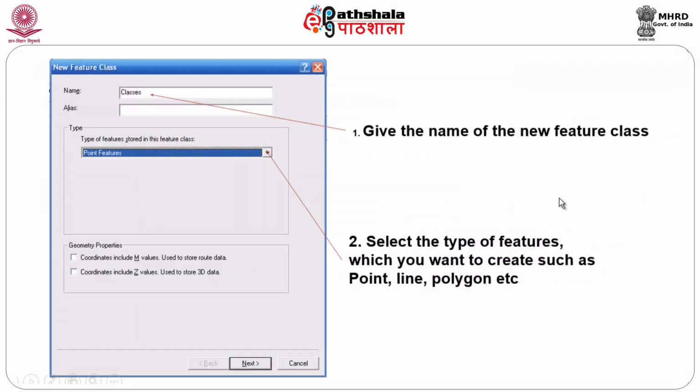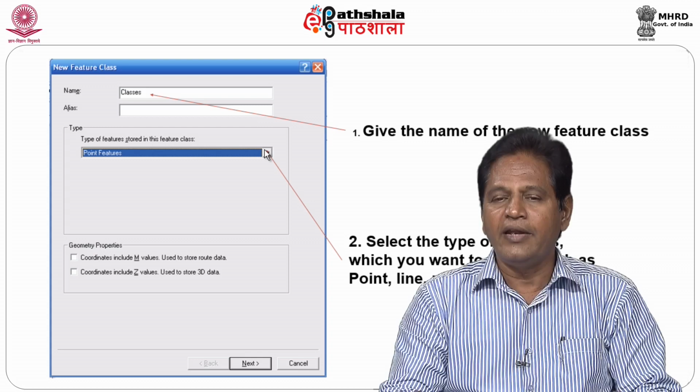So, for example, if I am going to give a point data or a line data or area data, just give that type. Once I give the name, you can just select what you want to have, either a point data or a line data or your polygon data. Just choose from this drop down menu, one of them you select, and please remember, in case of ArcGIS, you can never have point and line and area in one layer.